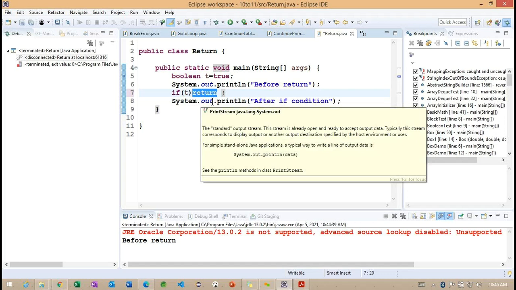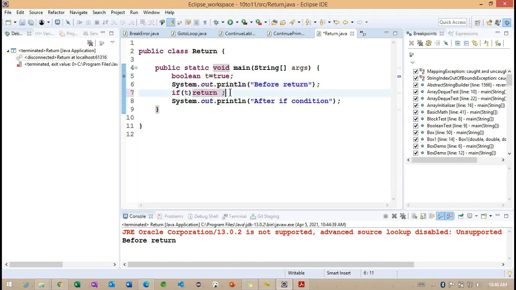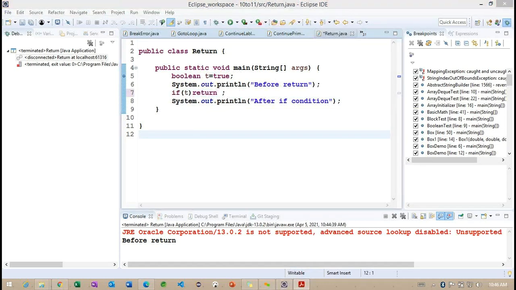With a method level return, we return a value, but here we are not returning anything, so the application is going to terminate. So this is all about the simple example on return statements.